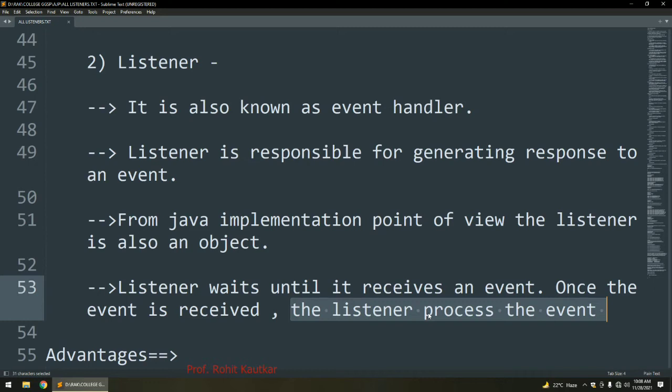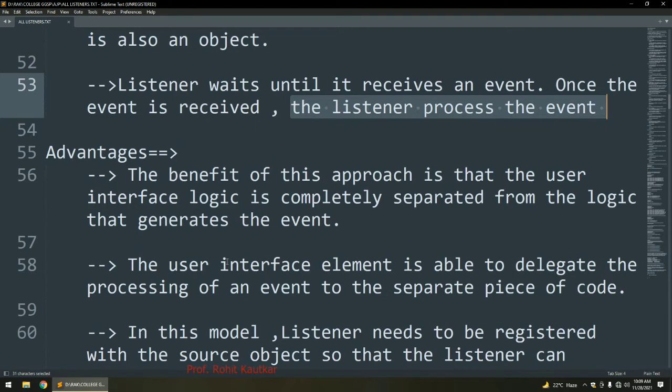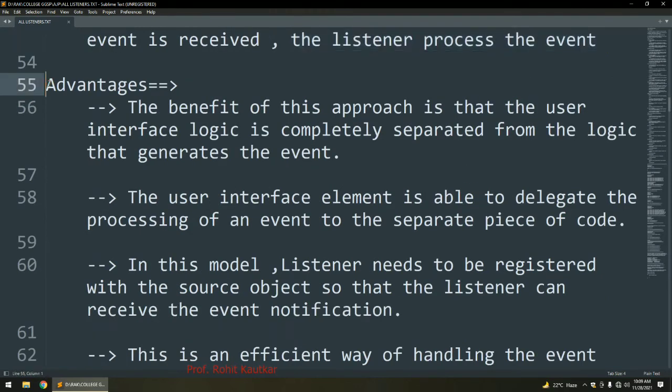Three important concepts we have: event, source and listener. An event is changing the state of an object, the source is the object which is going to generate the event, which will be all active components, and the listener is going to get notification whenever the event occurs and give a response to the event. How? By executing a specific method. This is your delegation event model, and all your event handling will be done according to this model in the Java programming language.